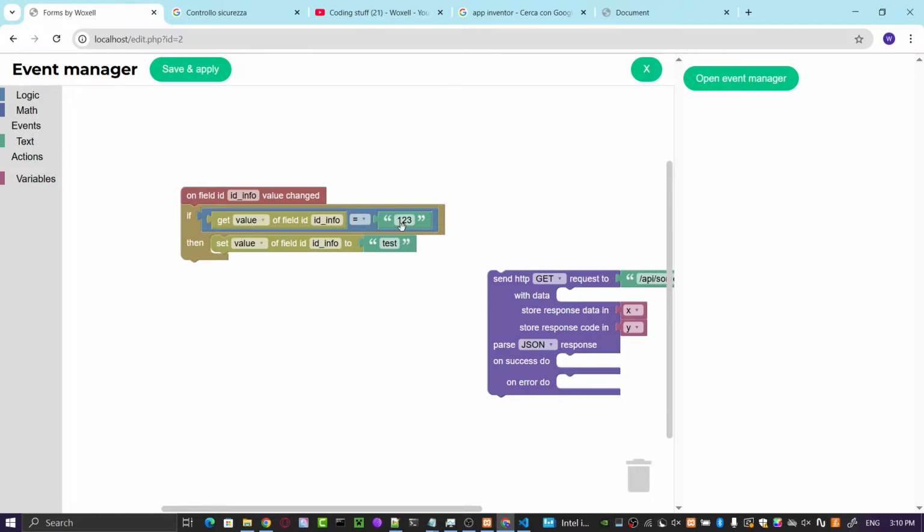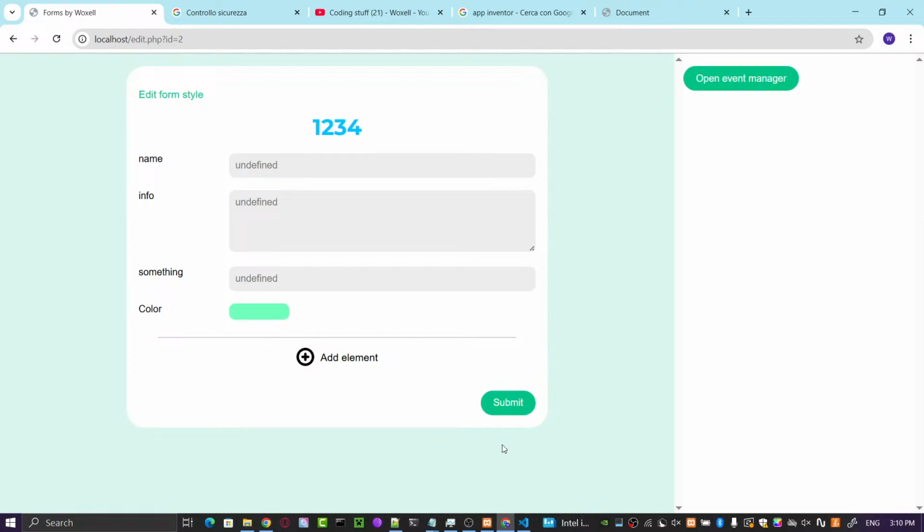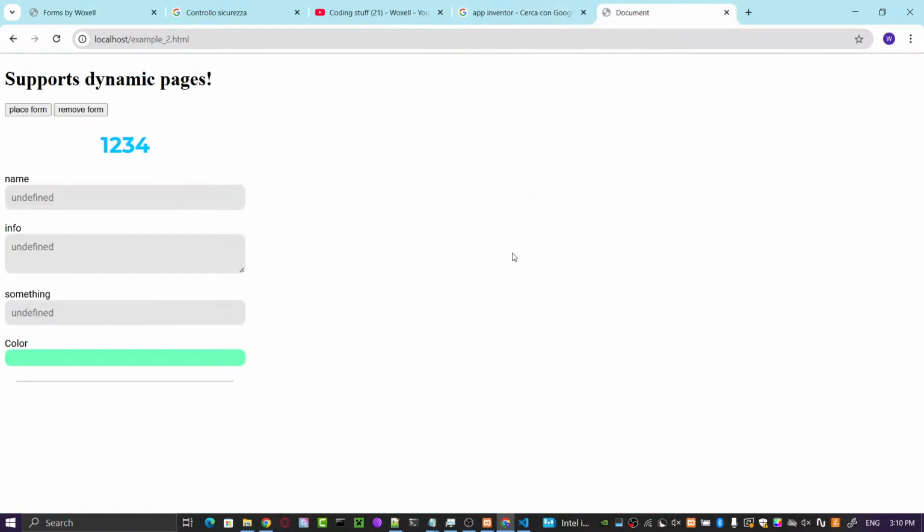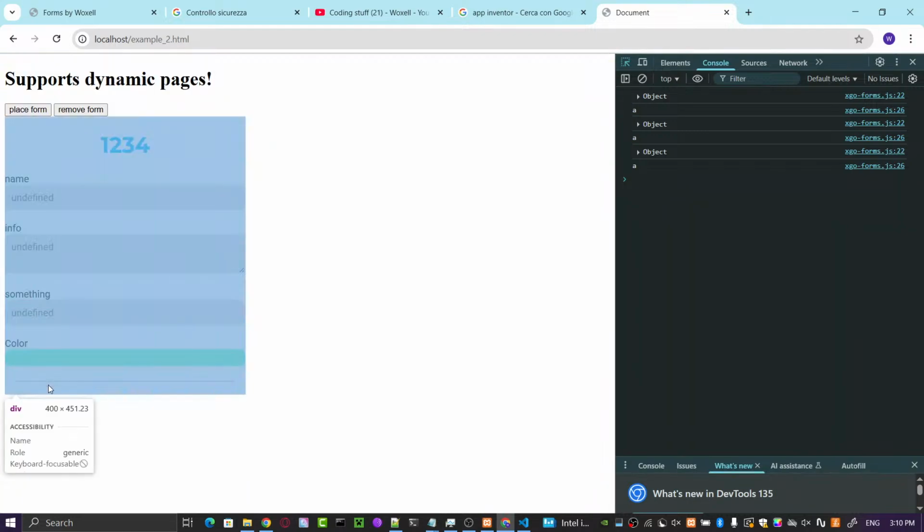And yeah, you can easily manage this. It actually compiles JavaScript code, and it's run at runtime.